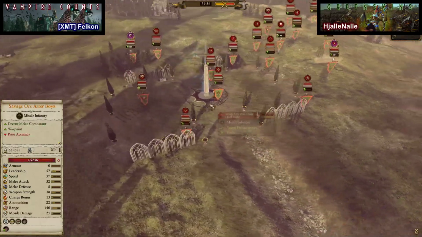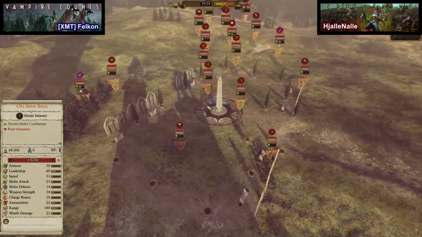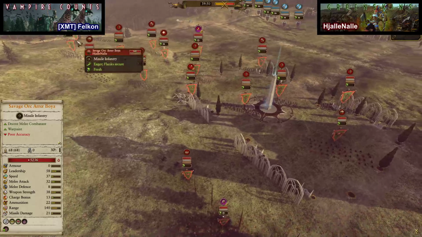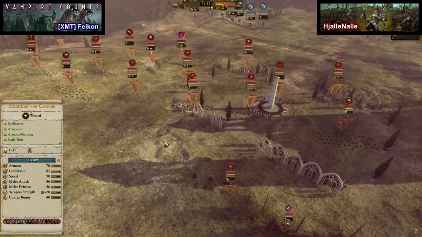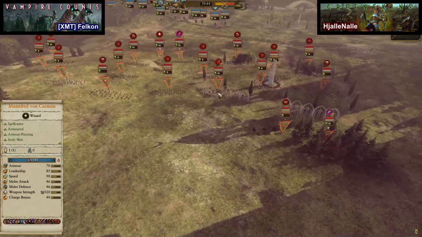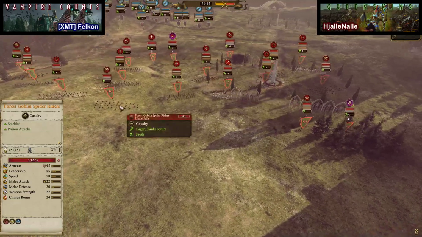3 Savage Orc Arrow Boys as well. So a ton of firepower here with the 4. Oh no, yeah, it's 4 and 4. That's crazy. No, it's 4 and 5. That's so many archers. He's then going to have a single unit of goblins here in the back, and then